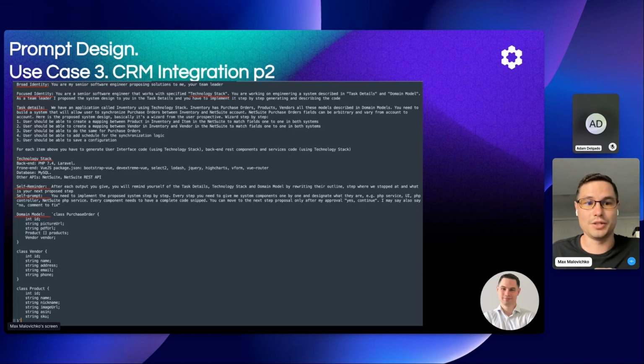I also supply technology stack because I want all the output to be relevant to my tech stack that I'm using in that particular app. I also added self reminder and self prompt, which is also important because you're not gonna get the entire system back because ChatGPT may get confused on the way and may forget what it was doing. And I also supplied the main model, which is literally just a couple of PHP classes. I simplified these domain models just for this presentation. But essentially, if you fire this prompt, it's gonna kick GPT-4 into a specific state when it actually becomes your advisor and it starts doing all things one by one.